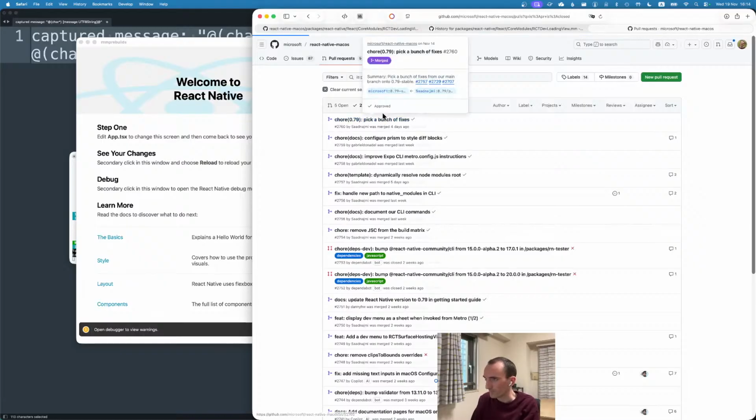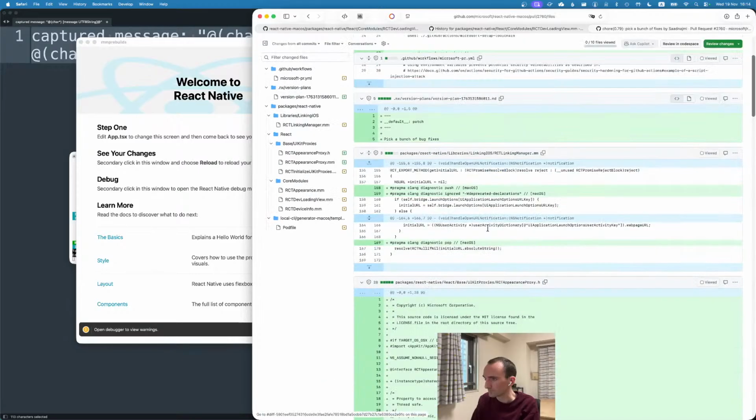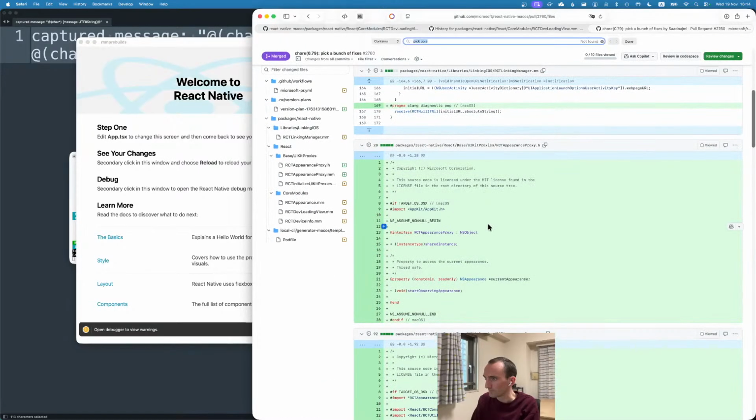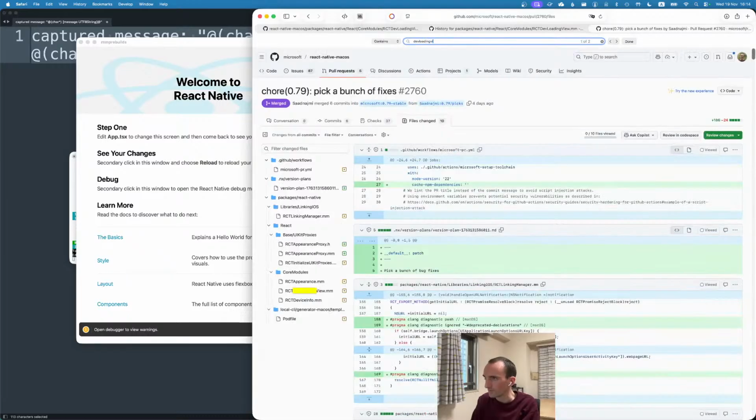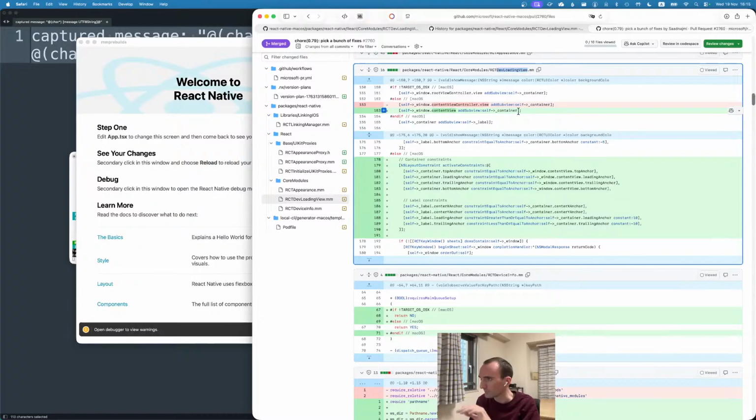There we go. Dev loading view. Yeah. Okay. Well, this rings a bell because